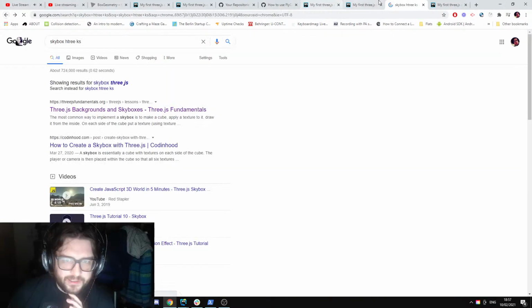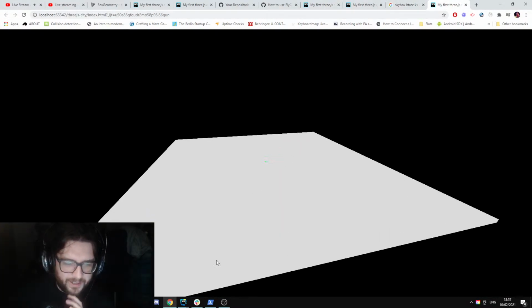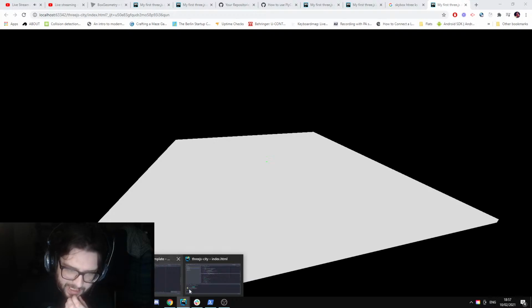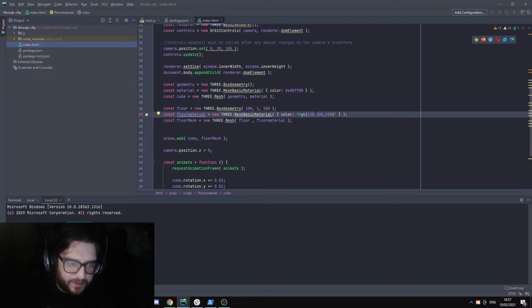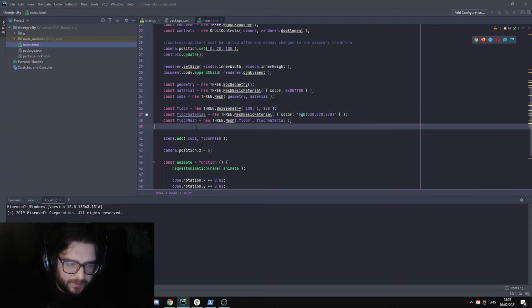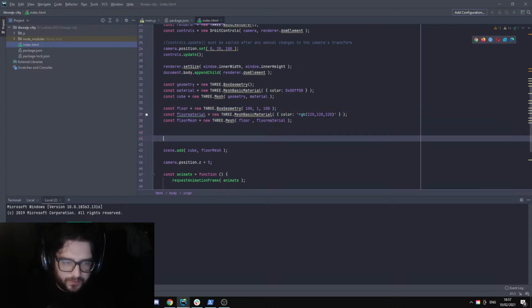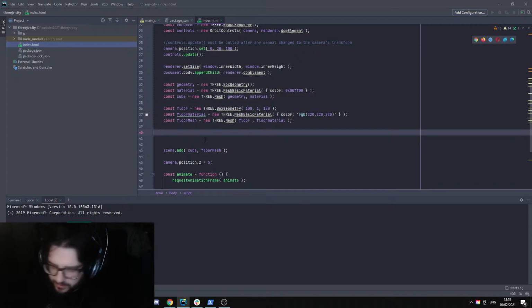Do this later, looks like a big job. Yeah, let's just try creating some random cubes, I suppose. So I'm gonna do